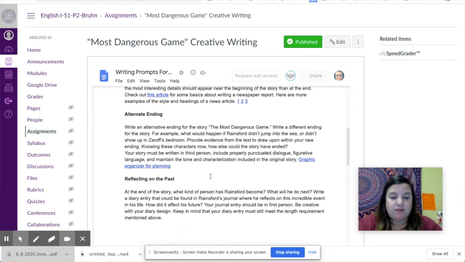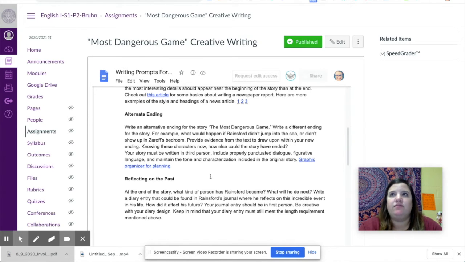So this is where you're going to write a different ending for the story. So you could kind of choose where you want this to start. For example, you could say, okay, what if he didn't jump into the sea? What would have happened instead? Or what if he didn't show up in Zaroff's bedroom? What would have happened instead? Or you could start it even earlier if you wanted to, like, what if,